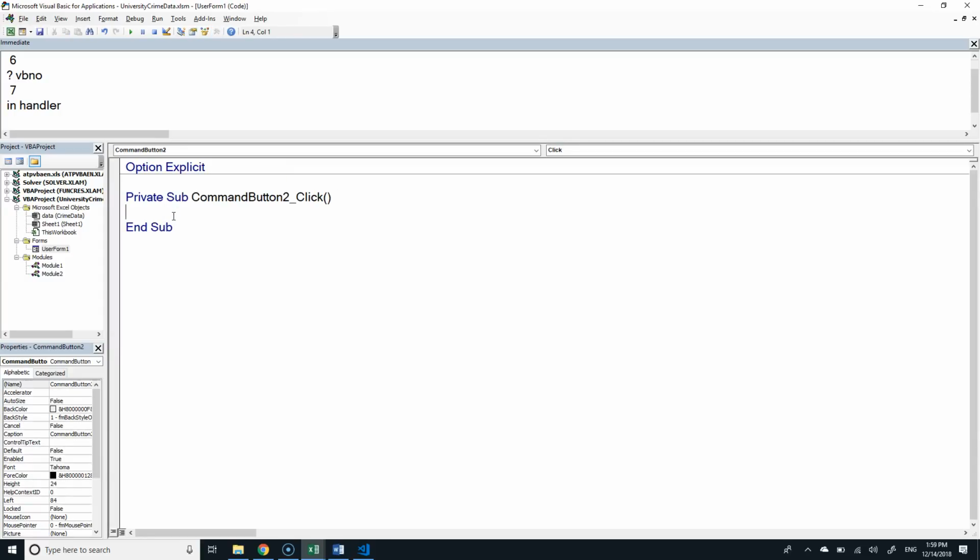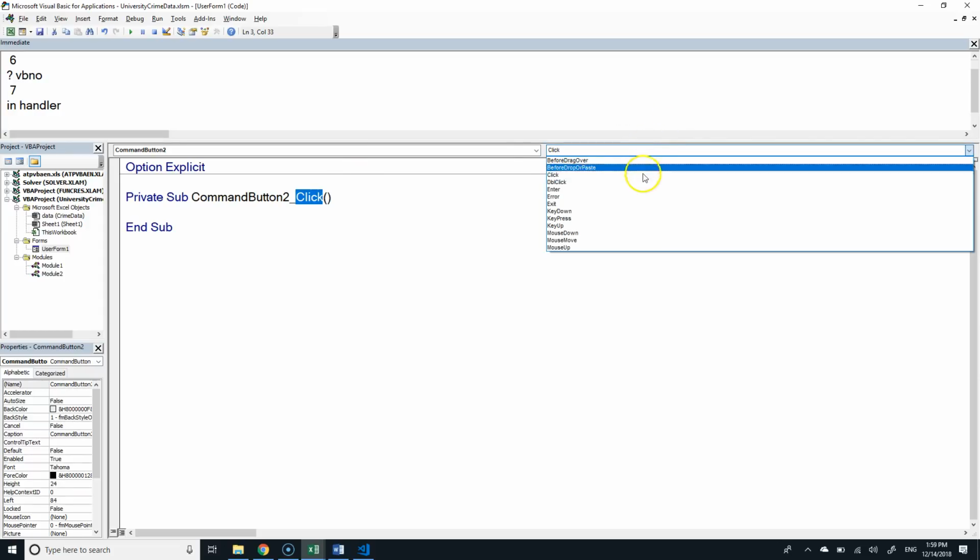Yeah, click. Okay. There are some events that may start with the word on, but not ones that apply to a button.